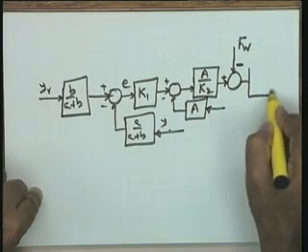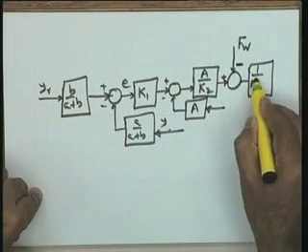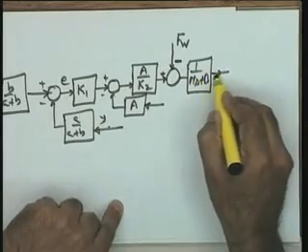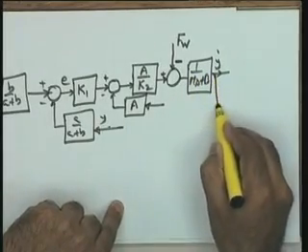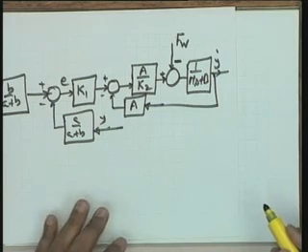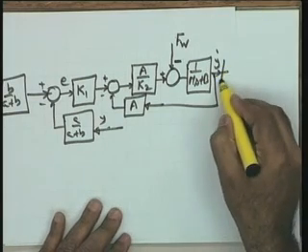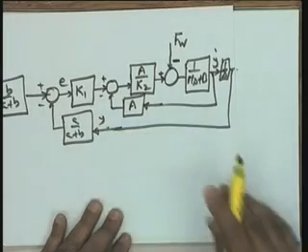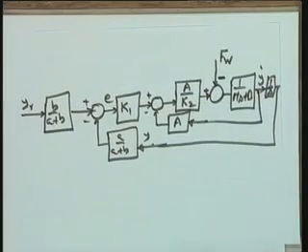So here in this particular block I can have 1 over ms plus b, this gives me Y dot. This Y dot can be picked up from here, and I can put it here. Here I have 1 over S, and this completes the total block diagram, which is identical to the type of block diagrams we had in electrical systems.